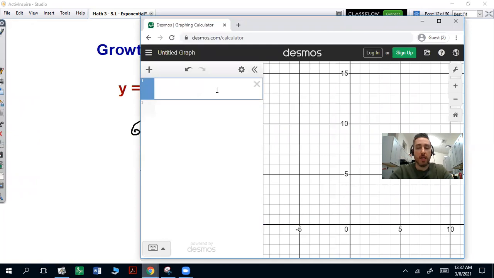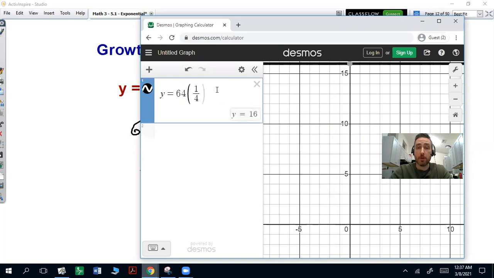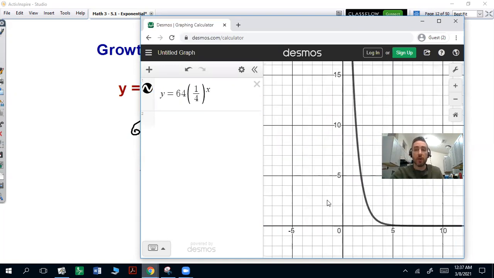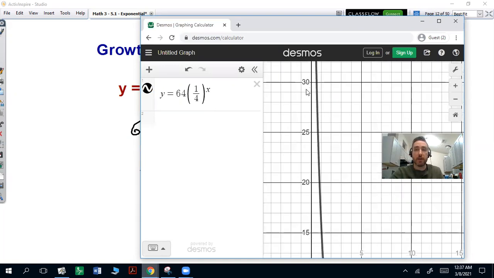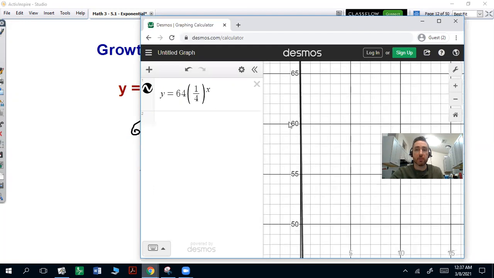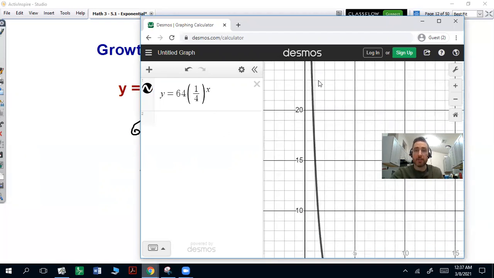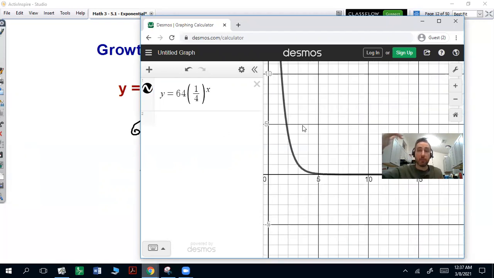So if you said y equals 64(1/4) or 0.25 raised to the x power, you can see here it's decreasing as it goes to the right. So it starts off very sharply. In fact, it's going to cross the y-axis at 64, because that's your y-intercept, that's your starting value, and then it basically gets cut by a quarter